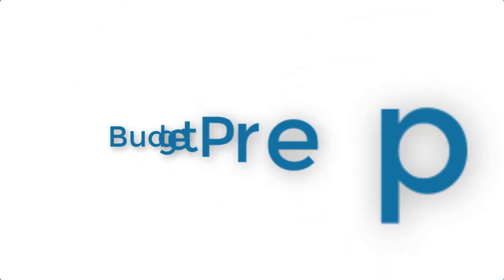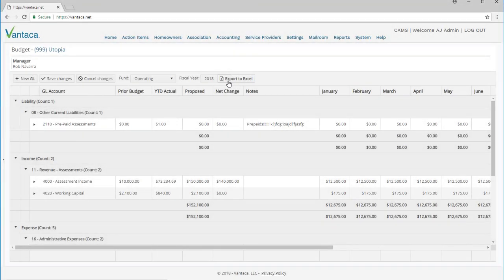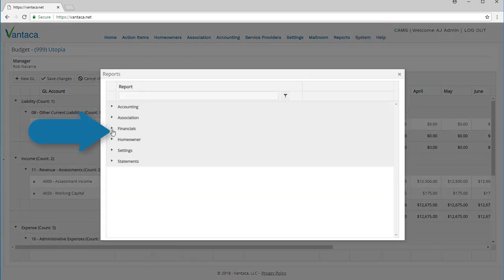Now let's talk about budget preparation. Vantica has a number of different reports and areas that are useful with the budget production process. The GL Trial Balance by Groups report, which can be found by clicking the Reports drop-down, then under the Financial section,